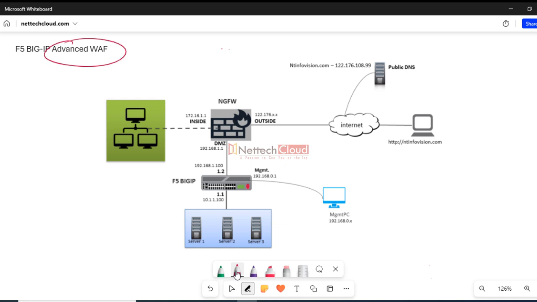F5 BIG-IP Advanced WAF, or Web Application Firewall. So let's first understand what is WAF, and then we would understand Advanced WAF, because Advanced WAF means, yes, there